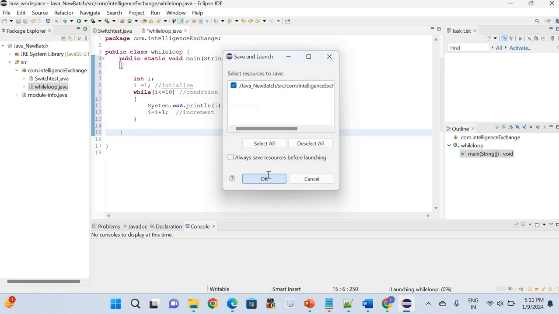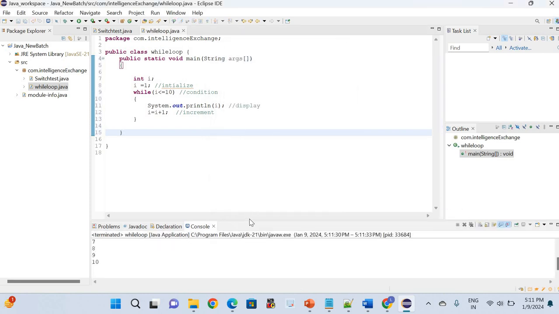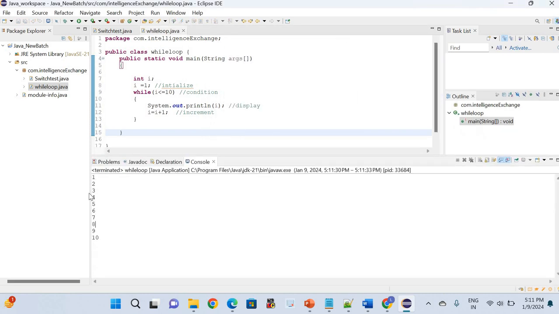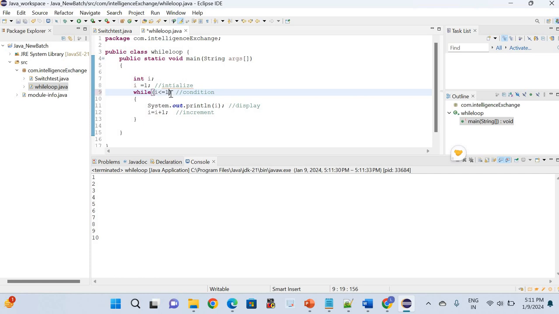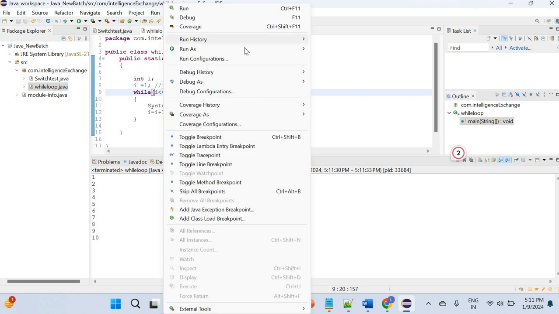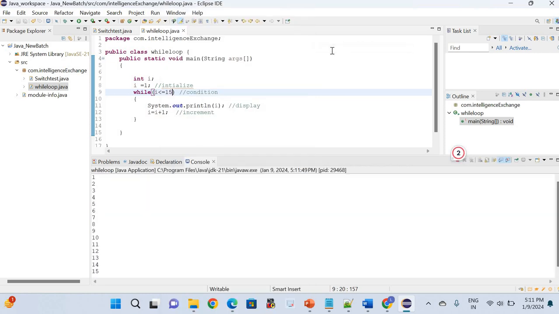तो अभी हम इसको ओके कर देते हैं, कोड सेव नहीं था इसलिए पूछ रहा था। अभी आप कंसोल विंडो पर जाइए, थोड़ा इसको अप कर देते हैं विंडो को। यहाँ पे आप देखिए 1 2 3 4 5 6 7 8 9 10 वैल्यू प्रिंट होगी। ऐसे ही अगर मैंने यहाँ पे सपोज 15 रख दिया, तो वो कहाँ तक चेक करेगा, 15 तक चेक करेगा और 15 प्रिंट करने वाला है।